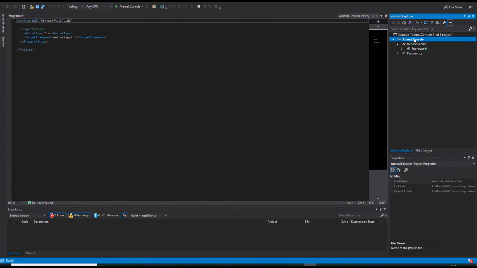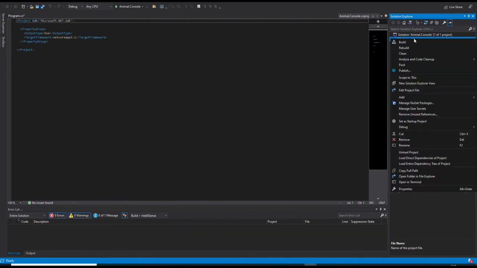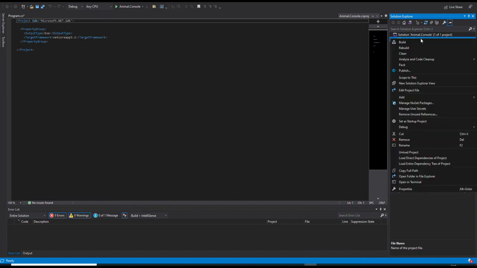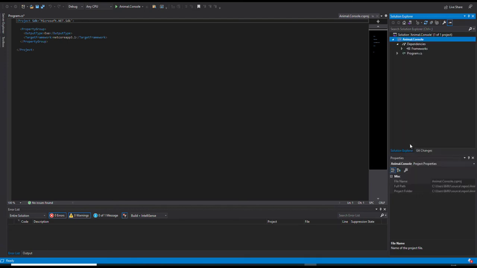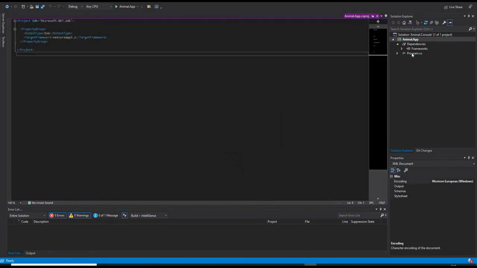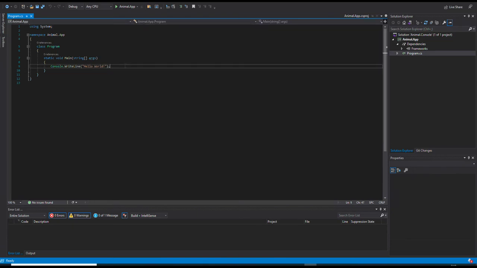Okay, so let's right click, do a rename, so for consistency purposes, let's say animal.app. Okay, I think now we're good. So let's save it. Let's go back to the main program.cs, and let's type